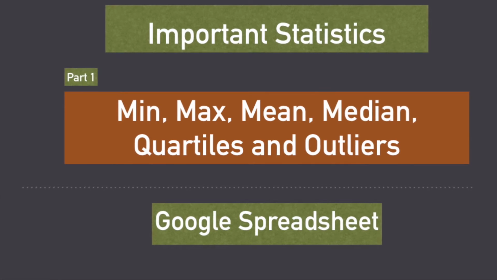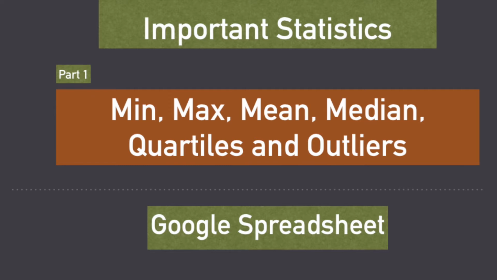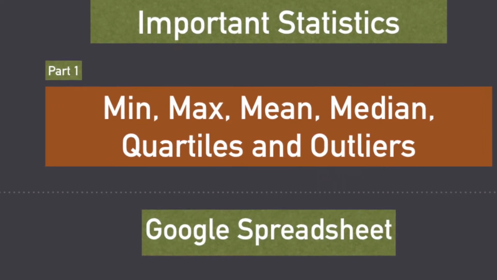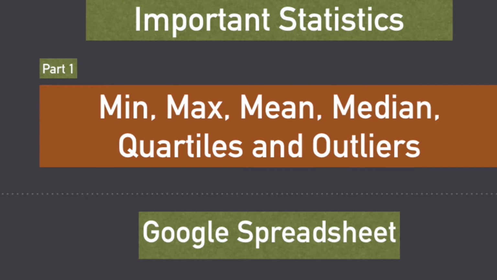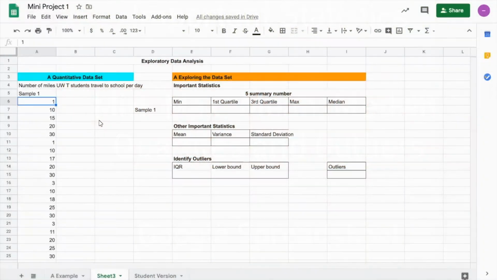Hey everyone, in this video I'll show how to use Google Spreadsheet to find the minimum, the maximum, the mean, the median, quartiles, and outliers of a univariate data set. For an example, I have a data sample of 50 data points, and my data starts at